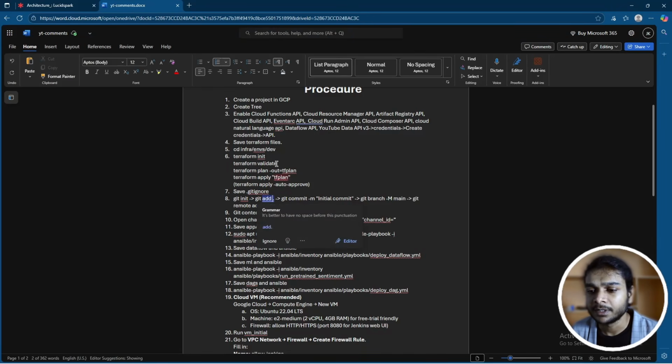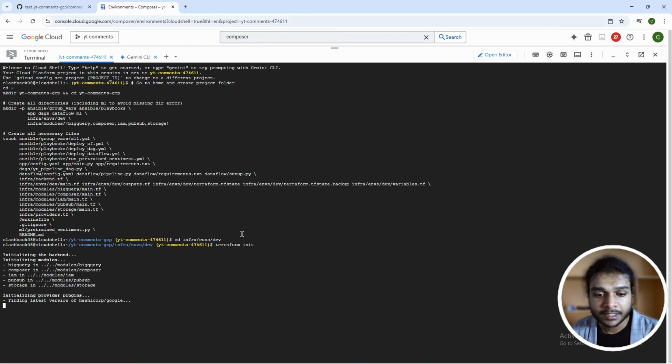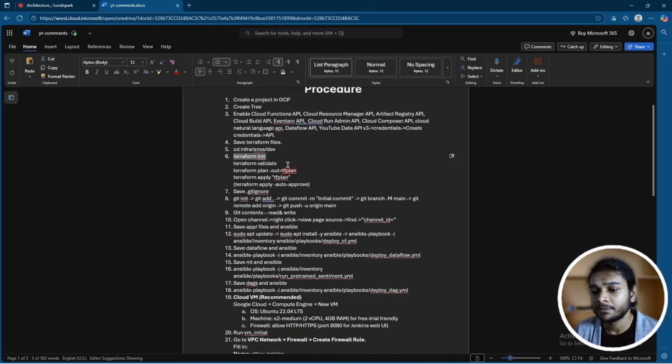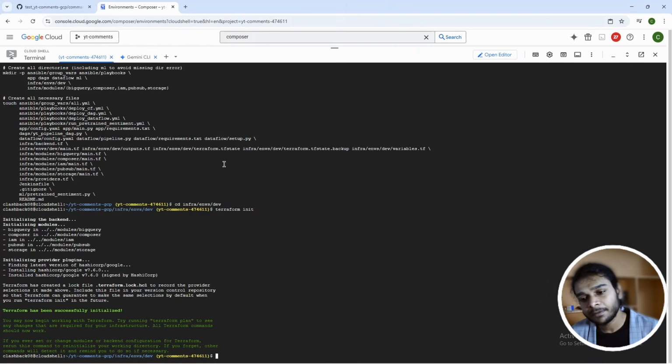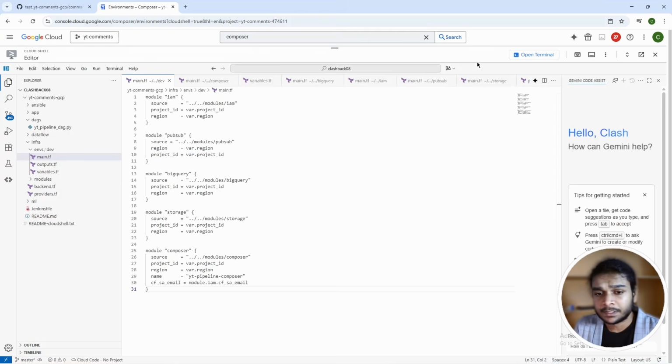Now head back to terminal and run Terraform init, which means we're initializing the Terraform. Should say Terraform has been successfully initialized, and then we do validate. Terraform validate basically means validating the Terraform and it says if there is any syntax error. In my case, I have a syntax error right here. It says the argument named region is not expected here, which means,